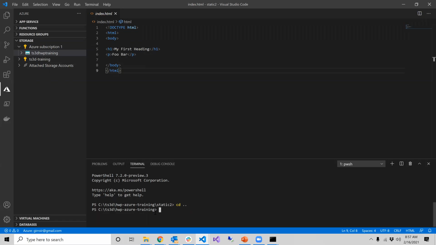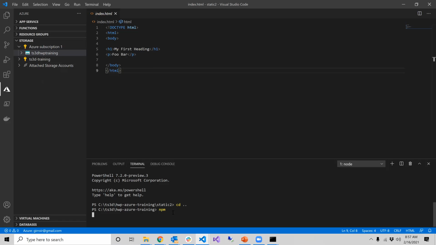This is my directory where I had static, but I have a couple projects here in training. So while we're waiting for that to deploy, we need to do a few things and start creating our project to deploy. So what I first want to make sure is that you have